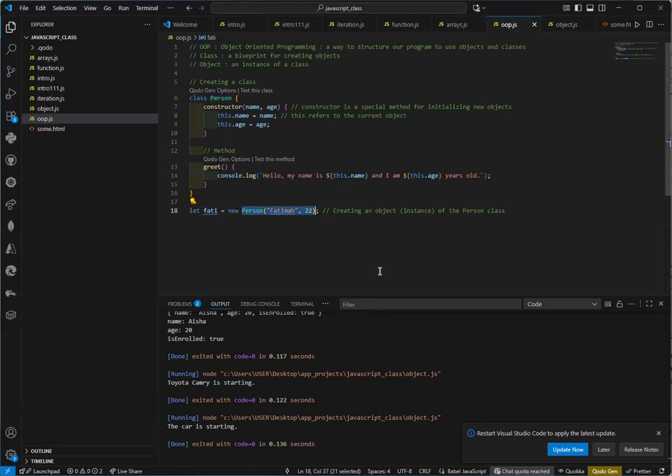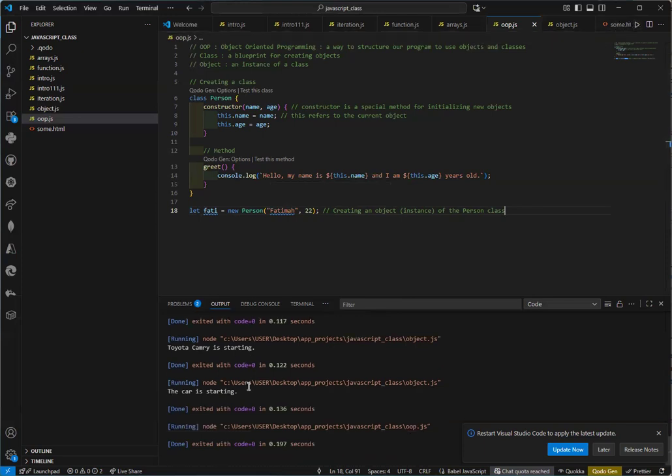And don't forget, my attribute has what? Two arguments, which is what? Name and age. So I'm saying the first one, which is name, is Fatima and 22. So if I now run this particular code, how will I run this now? It won't run. Why? Because how do we declare a new object? I will just come here and do Fati